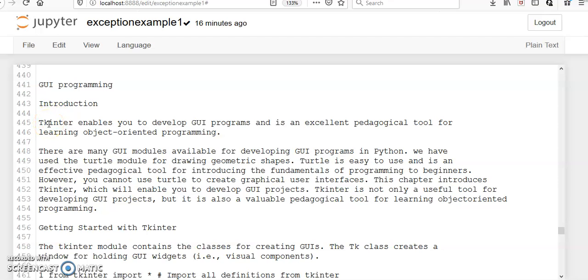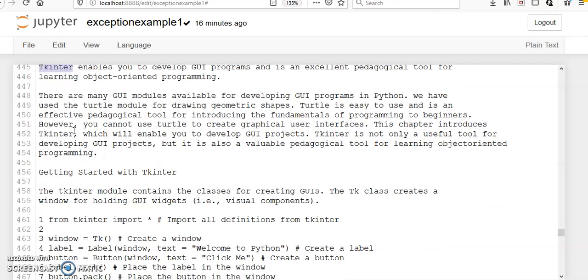In the introduction, we are using the tkinter package, which is the main package used for GUI programming. Tkinter enables you to develop GUI programs, and it is an excellent pedagogical tool for learning object-oriented programming.